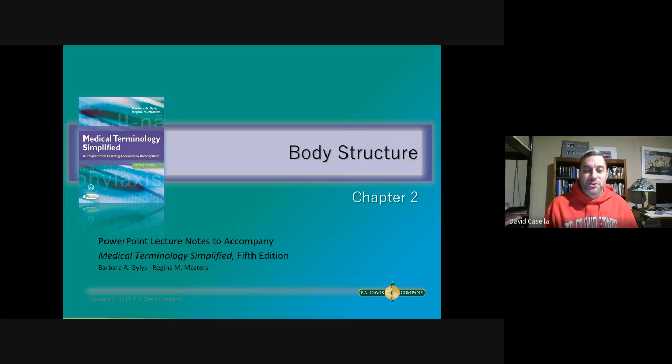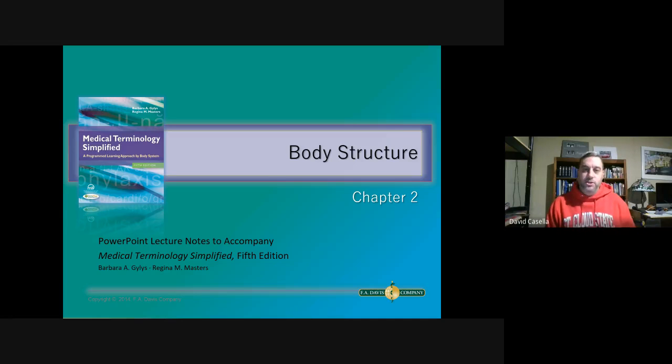So, body structure, the chapters in this book and the way we're going to learn our medical terminology is going to be based on knowing body systems. And so, we'll start out with some structure, and then each chapter after this is going to deal with different body systems. You'll find that if you can tie your knowledge together and adapt it to a body system, it's going to help you learn and get more out of it than if you just memorize a huge